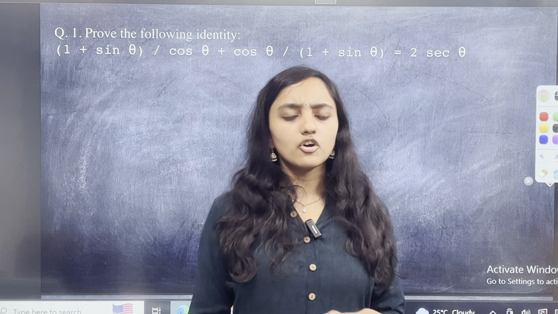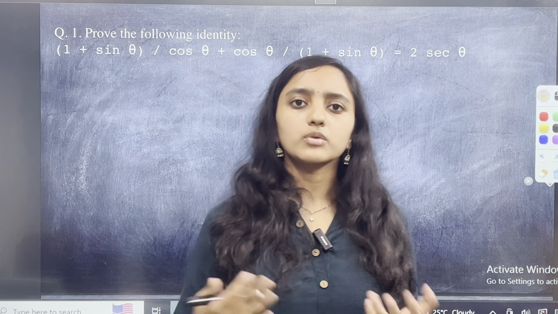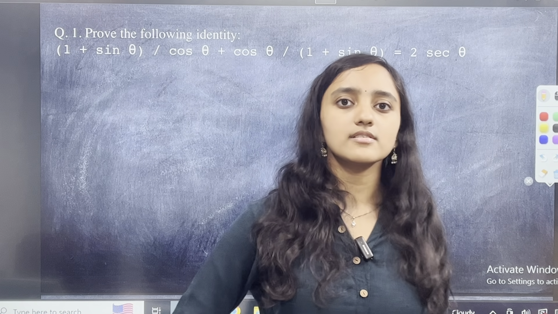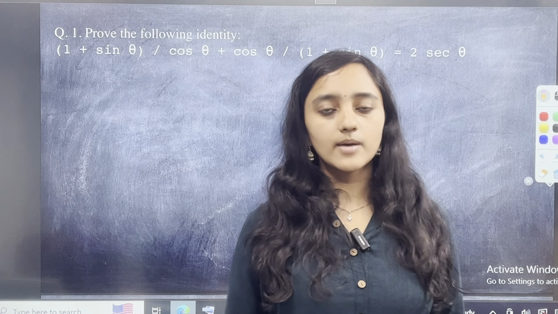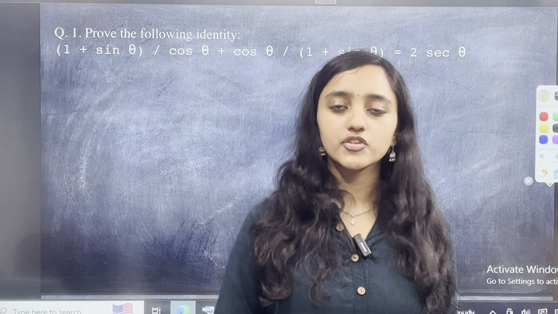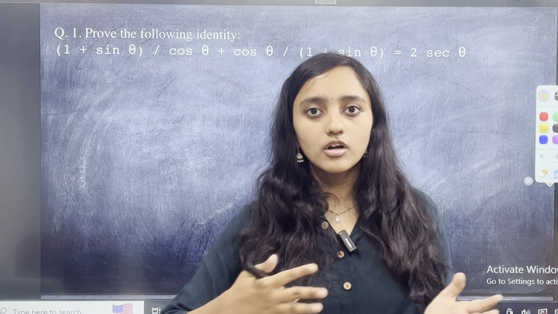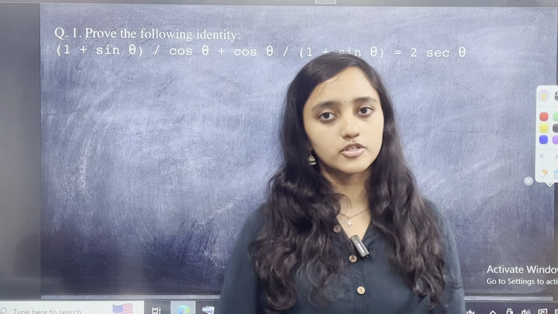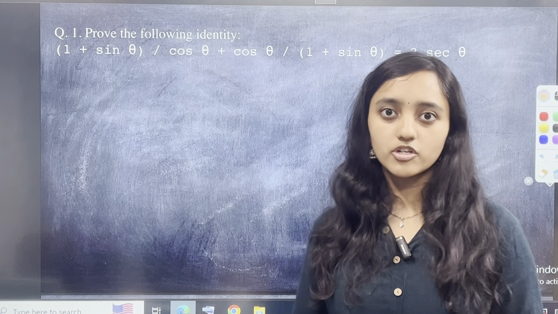Most of the time in your 10th grade exam, either you will get options or you will get proof questions, basically to say that LHS is equal to RHS. So most of the time when we are doing these proofs, we start with LHS, which is the left hand side, and then we go on to say, prove that it is finally equal to RHS. That's the general procedure. So let us look at this particular question and see how we can solve it.